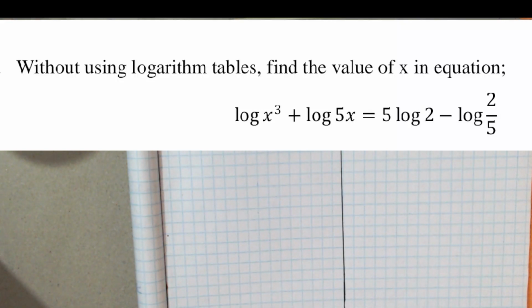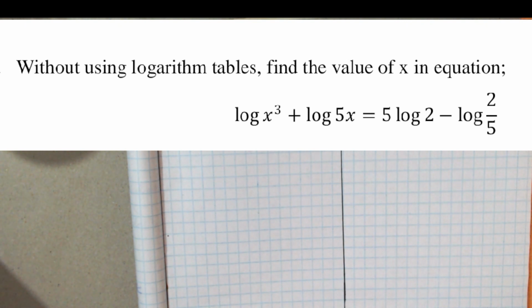Without using logarithm tables, find the value of x in the equation: logarithm of x cubed plus logarithm of 5x is equal to 5 logarithm of 2 subtract logarithm of 2 divided by 5. For you to solve this question, you require to understand the basic laws of logarithms, and specifically the